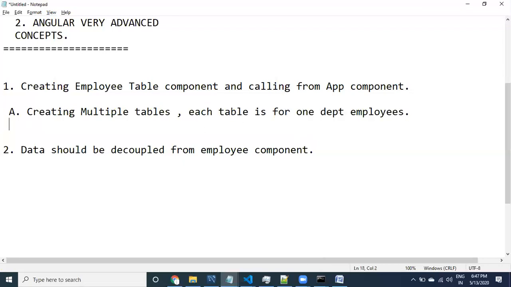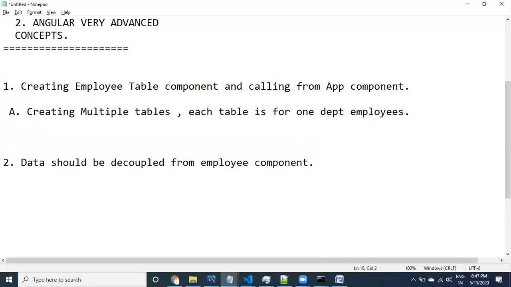For this, what are the different things available? Generally, creating multiple component classes. But for every table, if you create one component class, that is redundant code.